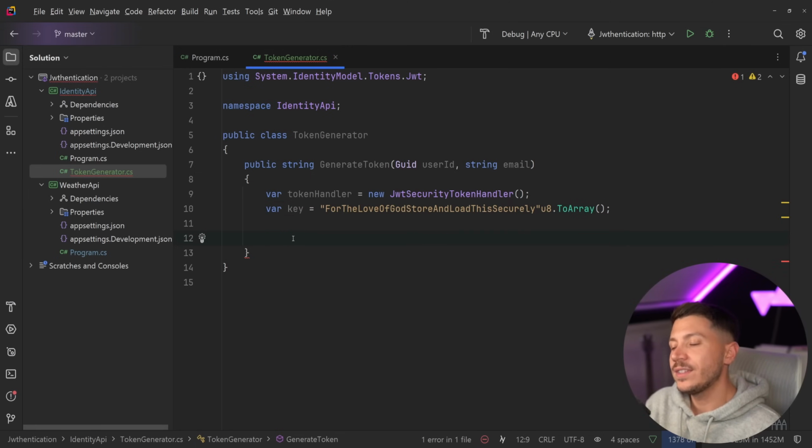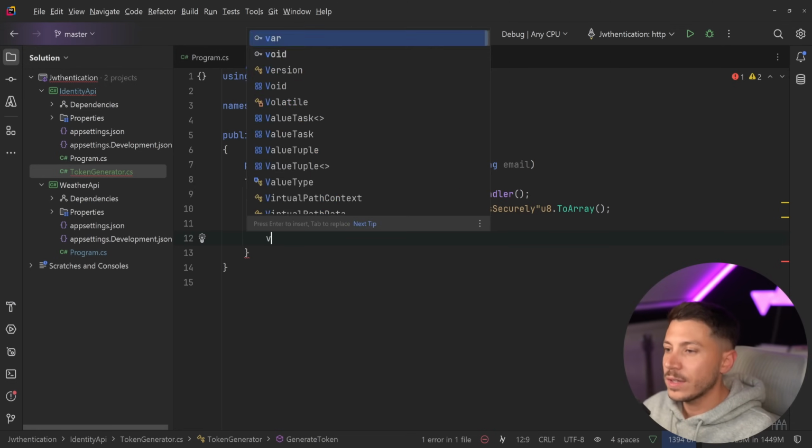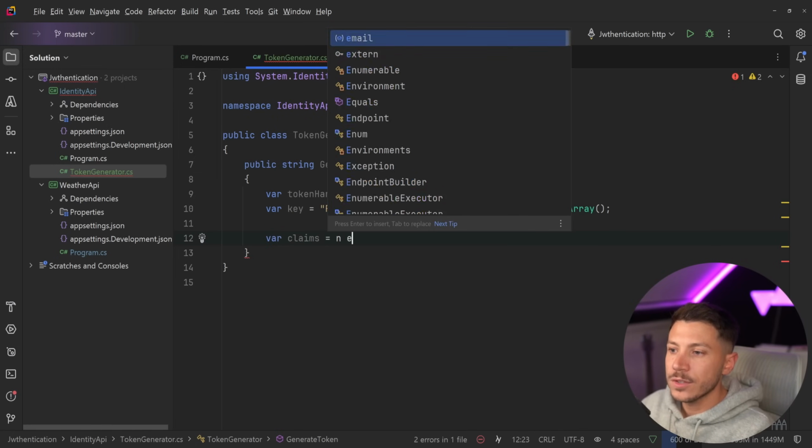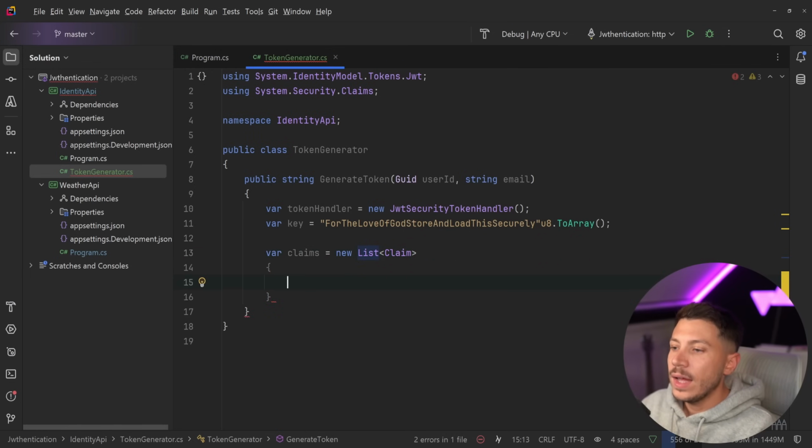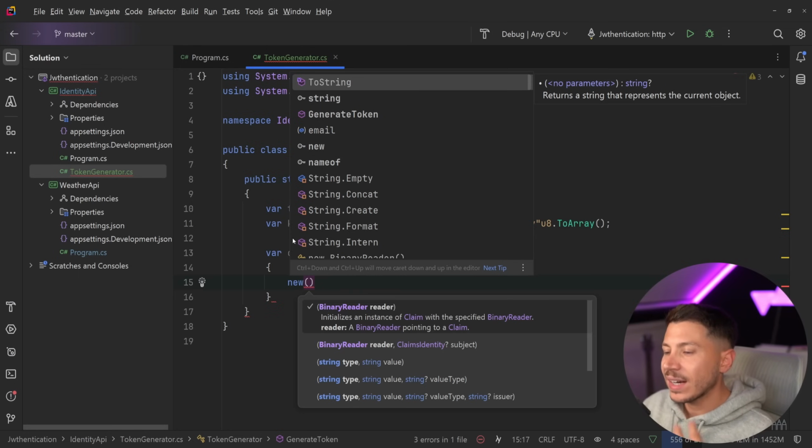And then I'm going to need something called claims. Claims define things about the contents for this token. It's the payload stuff that you saw on that JWT.io page. So I'm going to say var claims equals new list of Claim. Here we go. And then I'm going to say that I have a new claim, and then claims have a